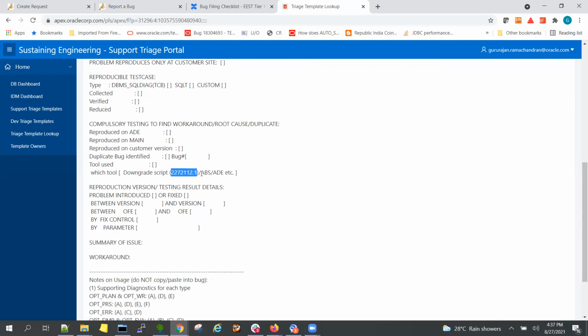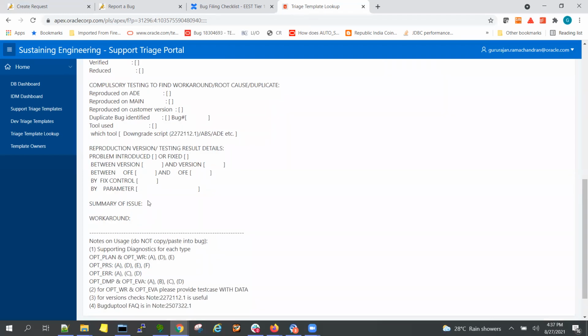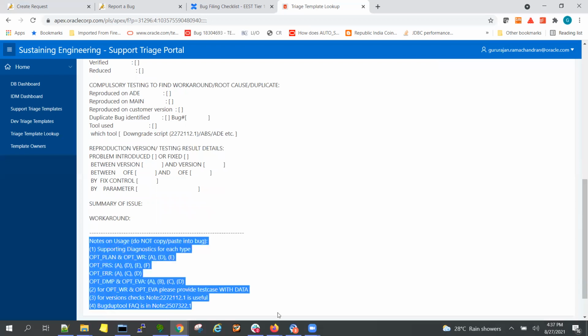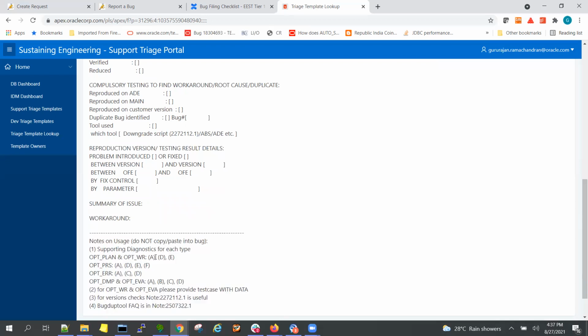Okay, then finally give a summary of the issues in 2 or 3 lines and tell what workaround is used. Okay, and if the customer says I cannot use the workaround, give the explanation there why they are not able to use the workaround, and they need a fix or something. Don't put all these things. It's just for your validation, because these are the points which are required for the development.